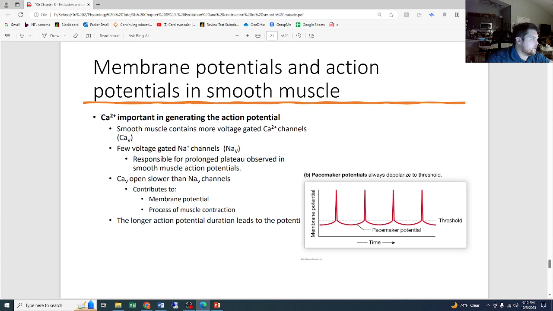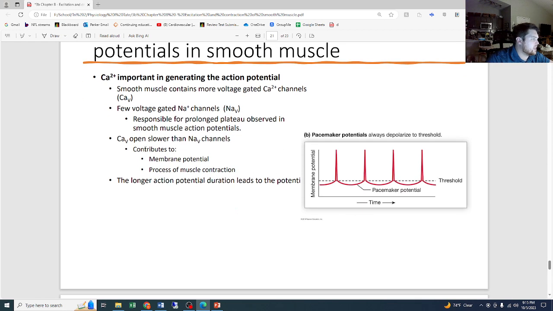There are few voltage-related sodium channels, which is responsible for the prolonged plateau observed in smooth muscle action potentials. The voltage-gated calcium channels open slower than the sodium channels, which contributes to the membrane potential and the process of muscle contraction, and the longer action potential duration leads to,